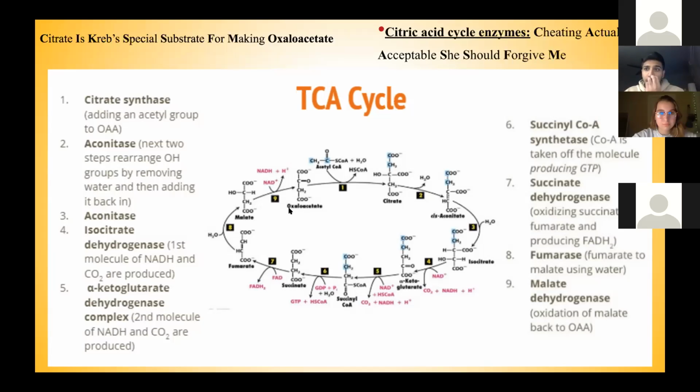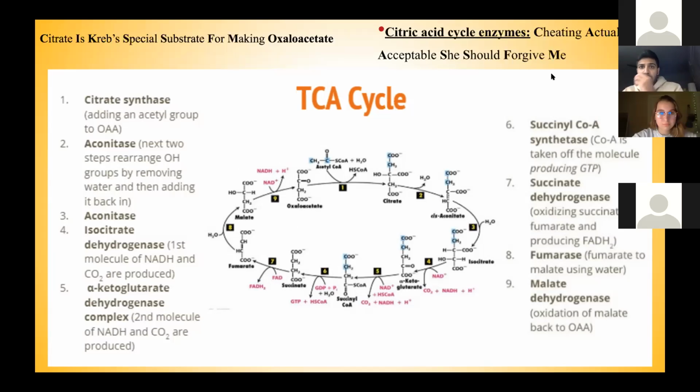end. And the reason we make this at the very end is to use it again in the first step. This is what completes the cycle and allows it to keep going, because you need oxaloacetate combined with your acetyl-CoA. And this is obviously a result of that PDH complex. When these two combine, you make your citrate, and then you go through and regenerate that to